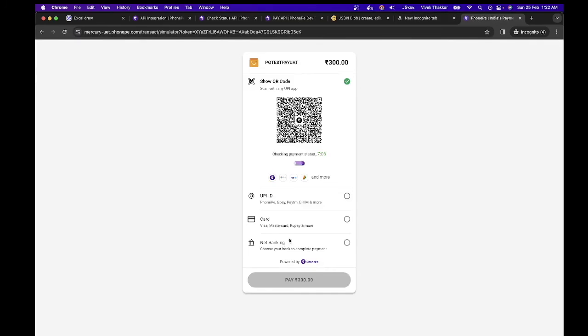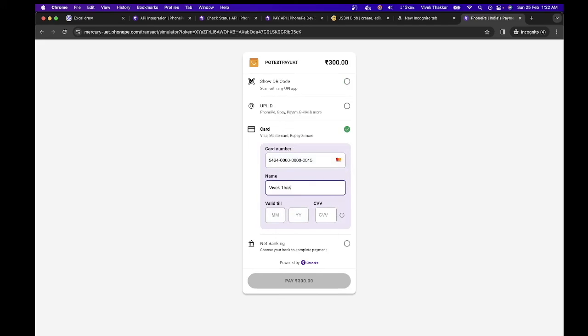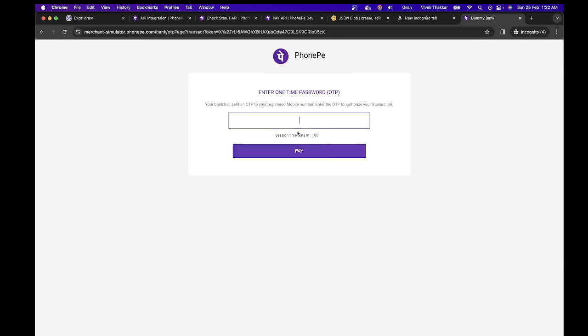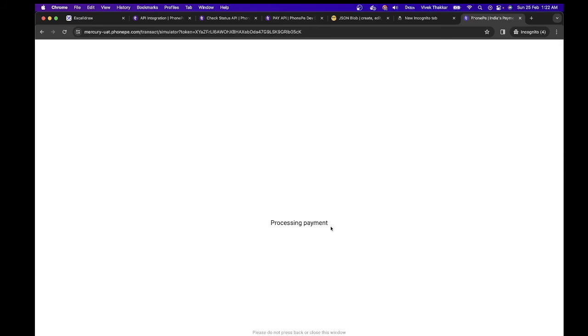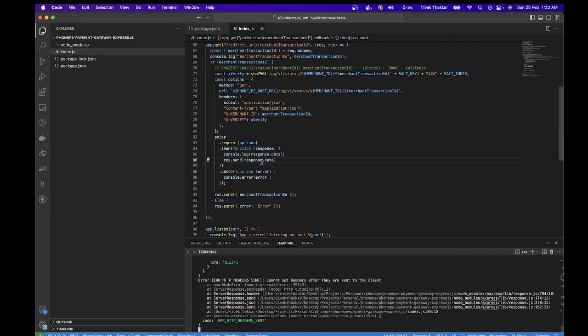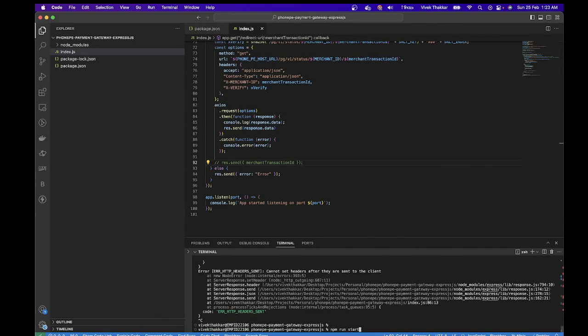The payment got initiated. We will add our card details to it. 6 1 2 3 go 1 2 3 4 5 6 pay. So the payment flow is completed, and this will redirect us to redirect URL, and here we are getting merchant transaction ID. Okay, so we haven't commented this, that's why we got the same response back. Okay, let's start the server